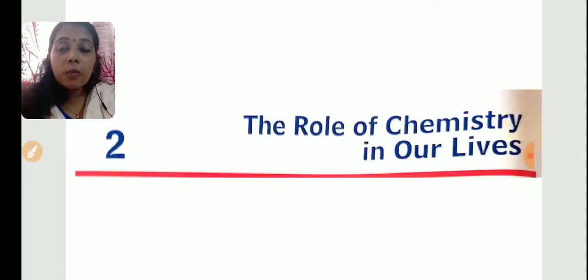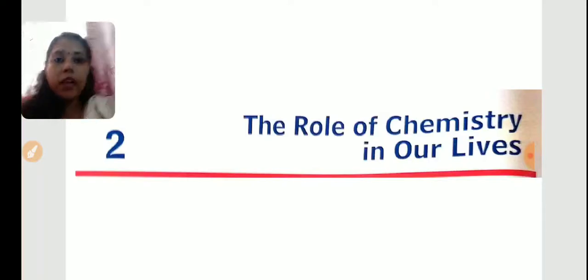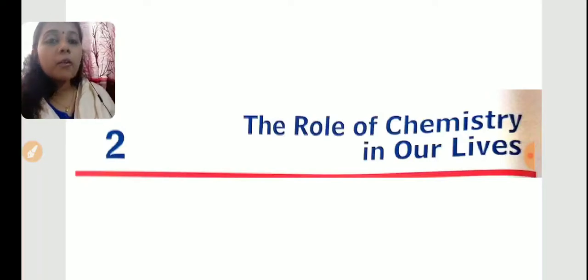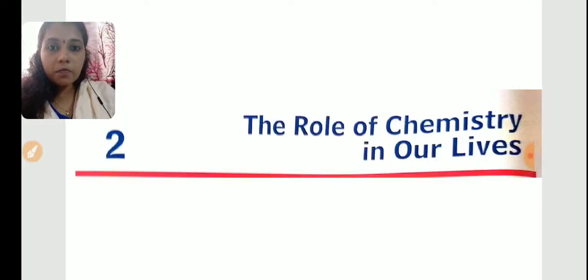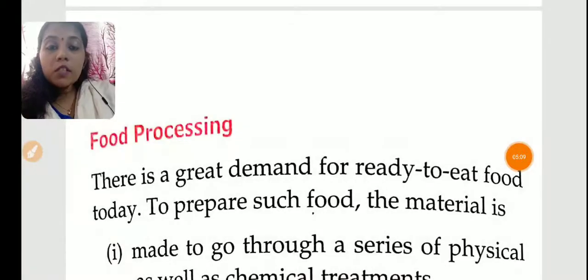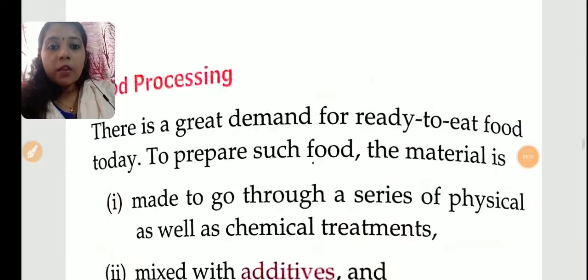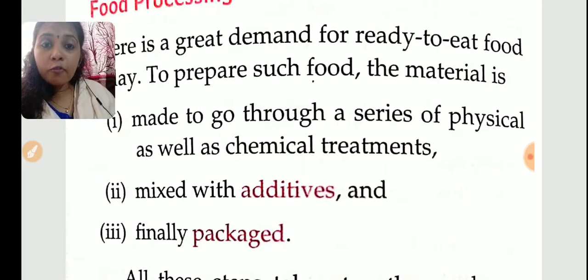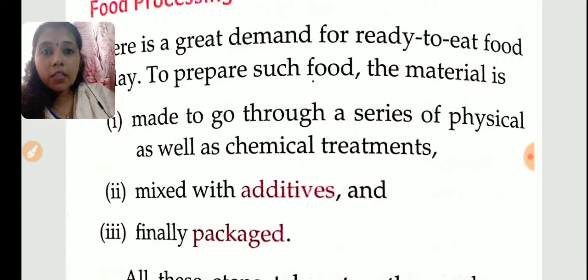Take potato chips like Lays that you get in the shop, in small packets. These food items last for more than one or two months in the shop. They will not get damaged at any time. How is it not getting damaged? How can we store a food item for more than one or two months without it getting damaged? All that we will study in food processing.